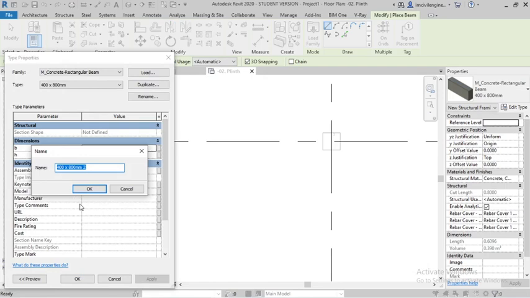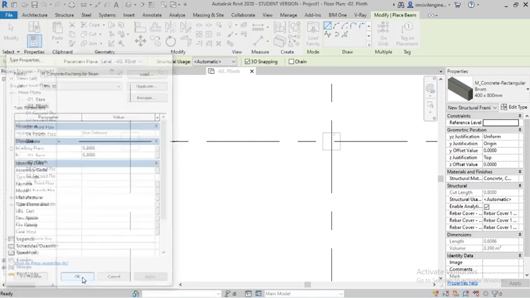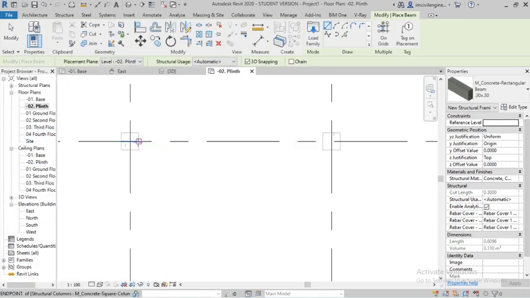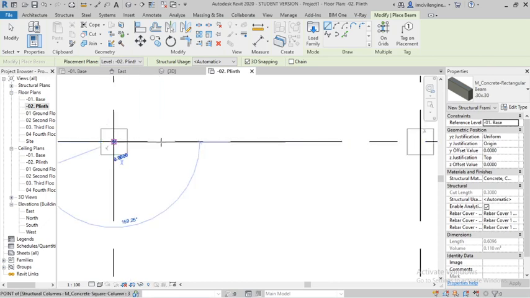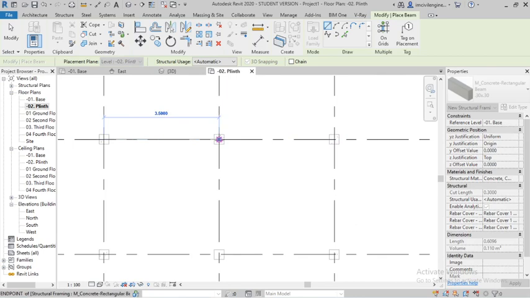Duplicate, make it 0.3 by 0.3. Then breadth is also 0.30. Then the height is 0.30. Okay, then you can draw the beam.